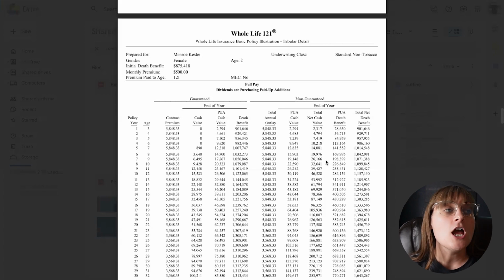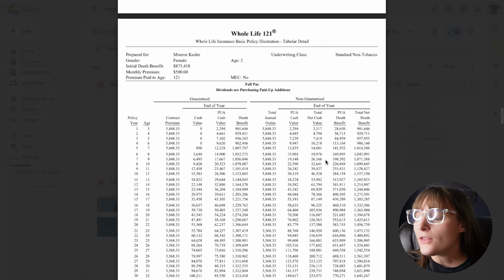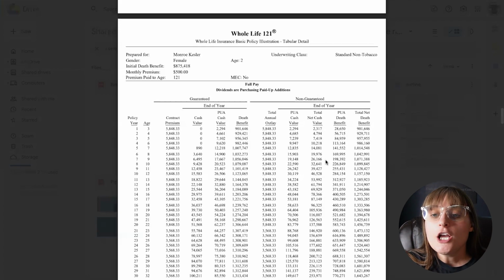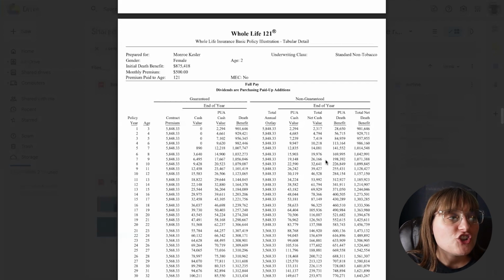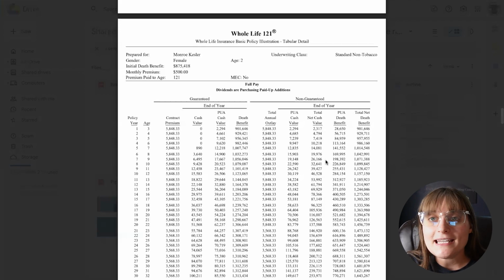As time goes on though, and our rocket ship leaves the atmosphere, what happens to those booster rockets? Well, they fall off. And why do they fall off? Well, they fall off just because they're simply not needed anymore to keep sustaining the cash value growth in that policy. So with her, she's 2 years old. She has nothing that she really needs to use right now for her policy.